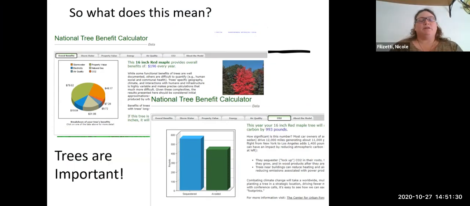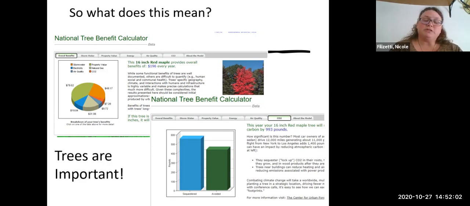So what does this mean when we talk about all these numbers and measuring the tree and figuring out its carbon? What it means is that trees are really important to us. Having healthy, sustainably managed forests all around our state is an important tool in fighting against climate change. Taking care of the trees in our yards and in our parks and in our school grounds helps them become even bigger, which we just saw really increases how much carbon they can store. Planting more trees in our yards and our schools and our cities will help even more.